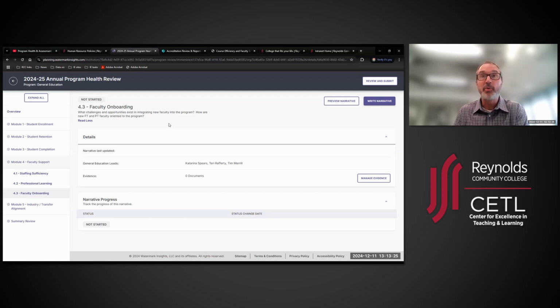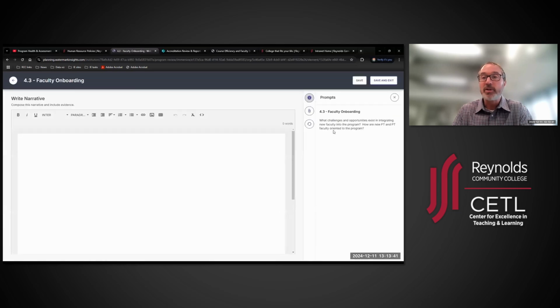I hope the goal is to improve, right, and make things better for new faculty who are coming to the college, or even faculty who are returning part-time, for example, who may have not engaged with Reynolds in a while, and this is information that may be useful. So the same process exists where there is a narrative box where text can be entered, images can be dropped, examples can be shared when telling a story about faculty onboarding. Again, just the mechanical parts of this